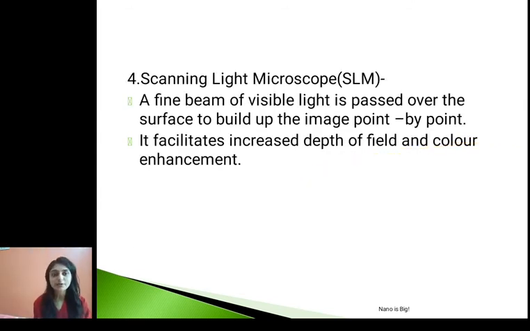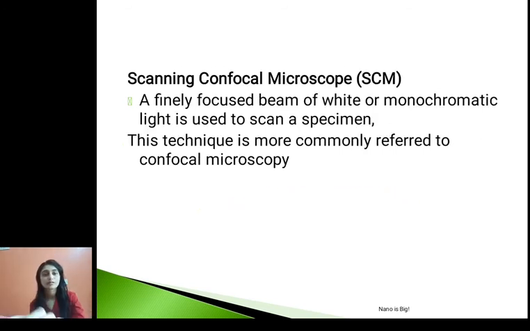Scanning light microscope, SLM: a fine beam of visible light is passed over the surface to build up the image point by point, and it facilitates increased depth of field and color enhancement. And the last one is the scanning confocal microscope, where a finely focused beam of white or monochromatic light is used, and more commonly this technique is called